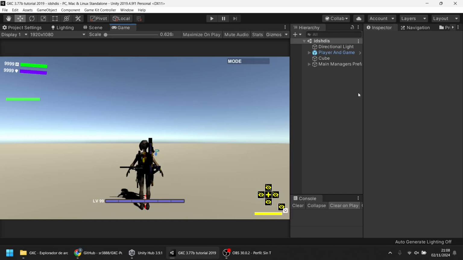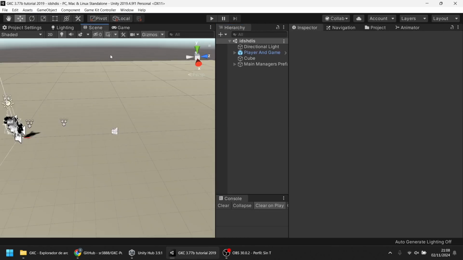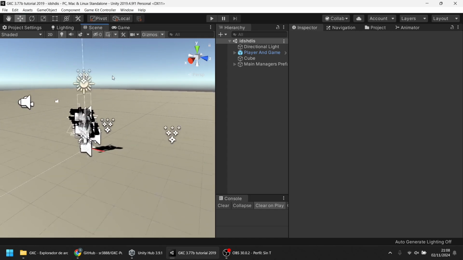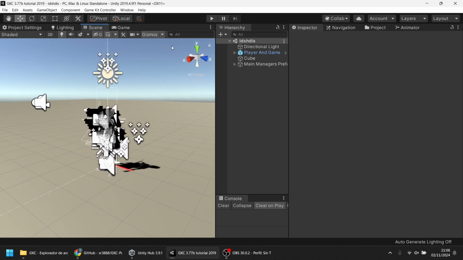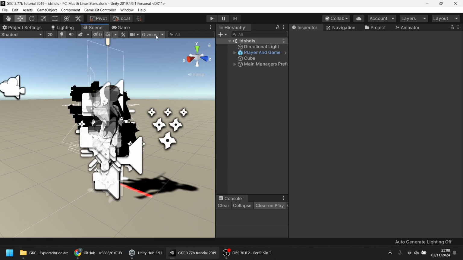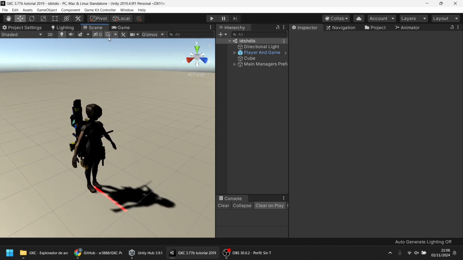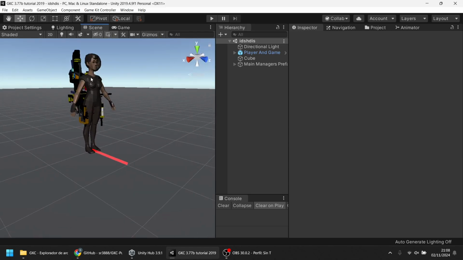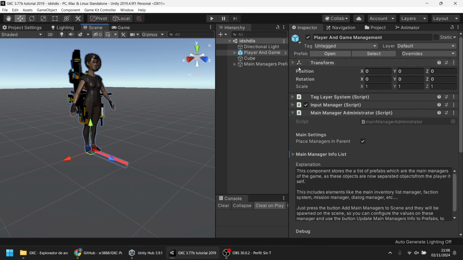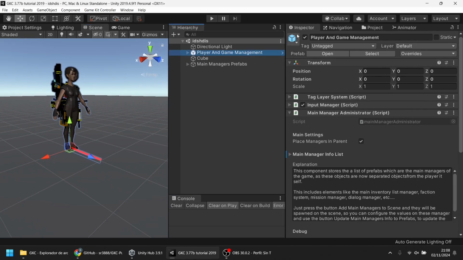Another thing is that this asset is compatible with any kind of model, either for the player or the enemies or friends, and you can use either a humanoid model or a generic one for animals, monsters, and so on.